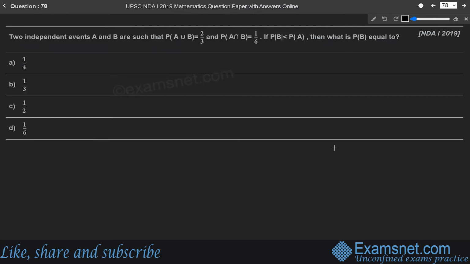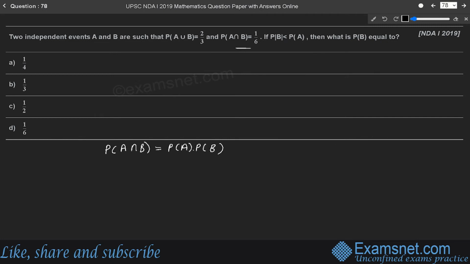Next question is, two independent events A and B are such that P of A union B is equal to 2 by 3 and P of A intersection B is equal to 1 by 6. If P of B is less than P of A, then what is P of B equal to? This is a question that comes from sets and it is given that A and B are independent events. So since A and B are two independent events, it means that P of A intersection B is equal to P of A into P of B,